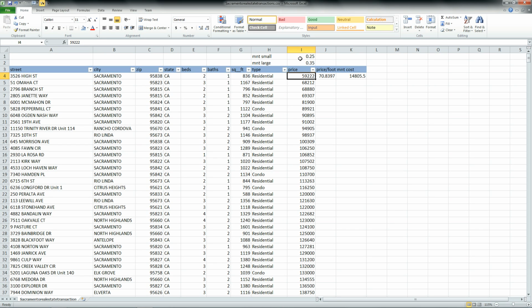So basically, if I had entered in, say, maybe my house is free to maintain, you have the maintenance cost of 0. Let's just say it's 1%. I would expect that to be 59.2222. So 0.25 was actually 25%, so 0.25% is 0.025. And that's $1,480 a year to maintain that house.